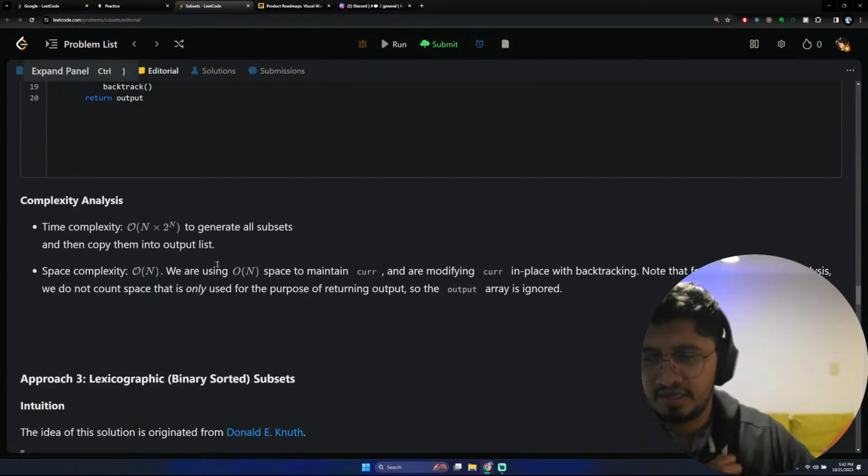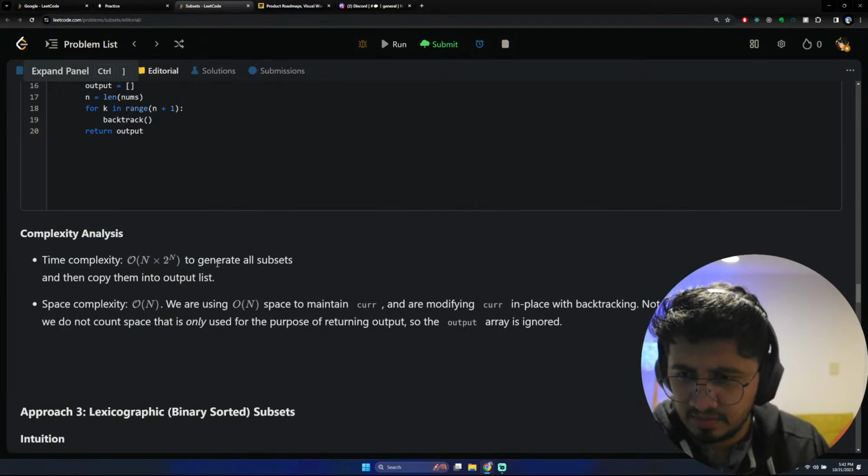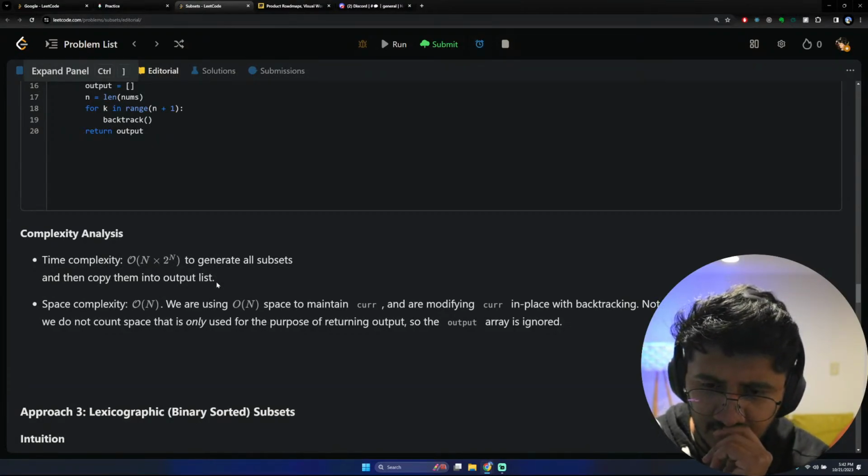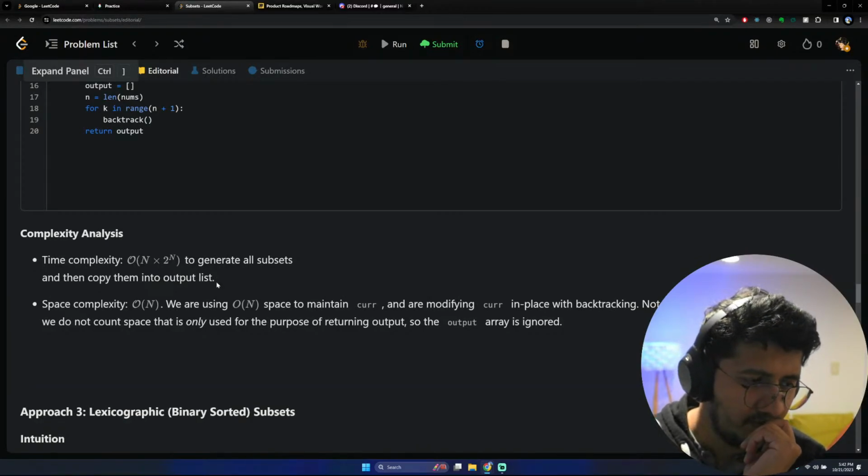N into 10 raised to n to generate all subsets, then copy them into the output list. So for 1,